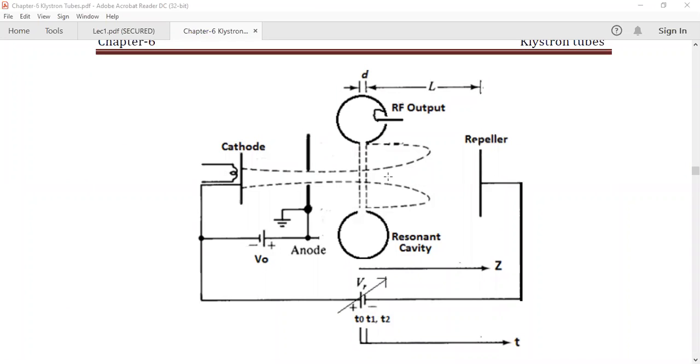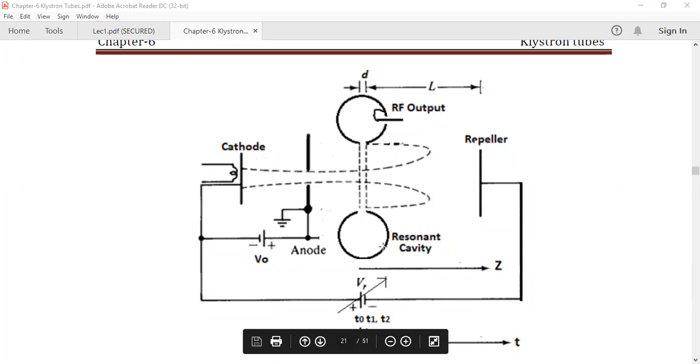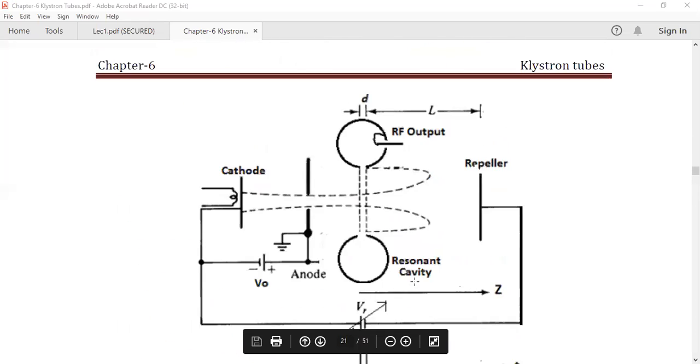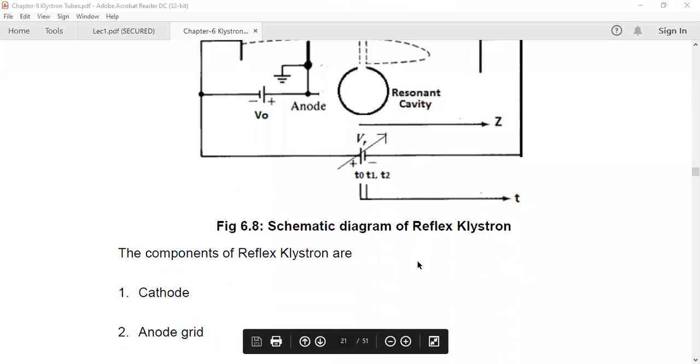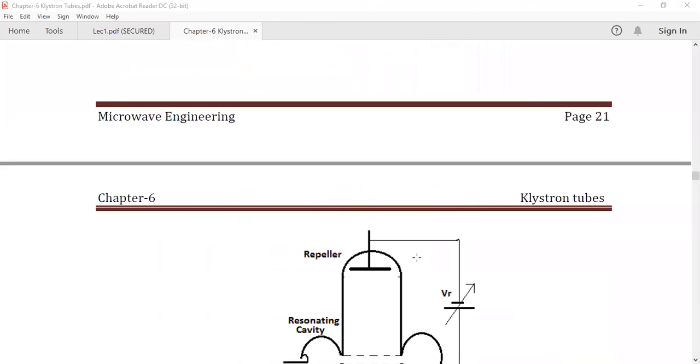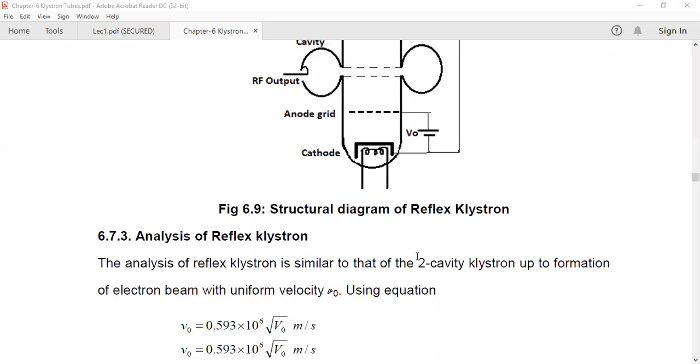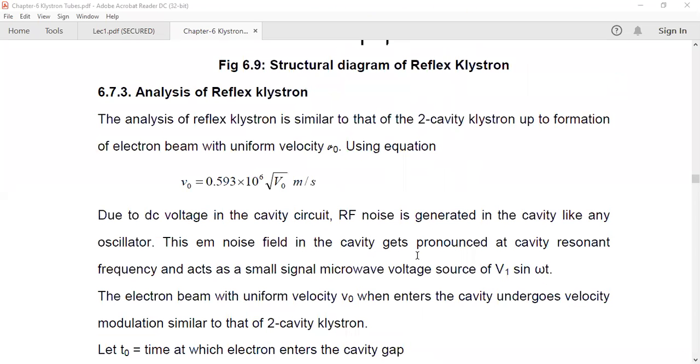What is the equation for the electron after leaving the buncher cavity? That we can say is V of T1. This is common for both the two cavity klystron and the reflex klystron. Later we will see the bunching parameter, the output current in each case, and then the output power. Once you know the output power, the efficiency is nothing but output power by input power. This is the thing to prove: that the efficiency of the two cavity klystron is 58.2% and